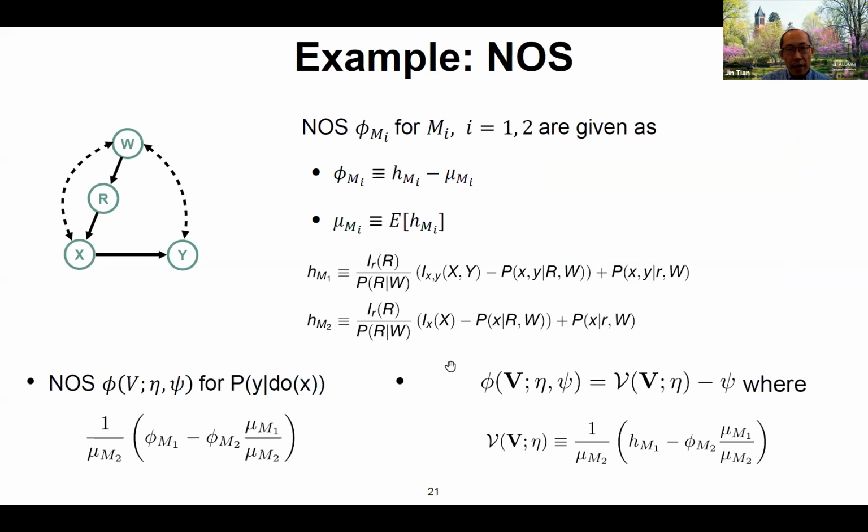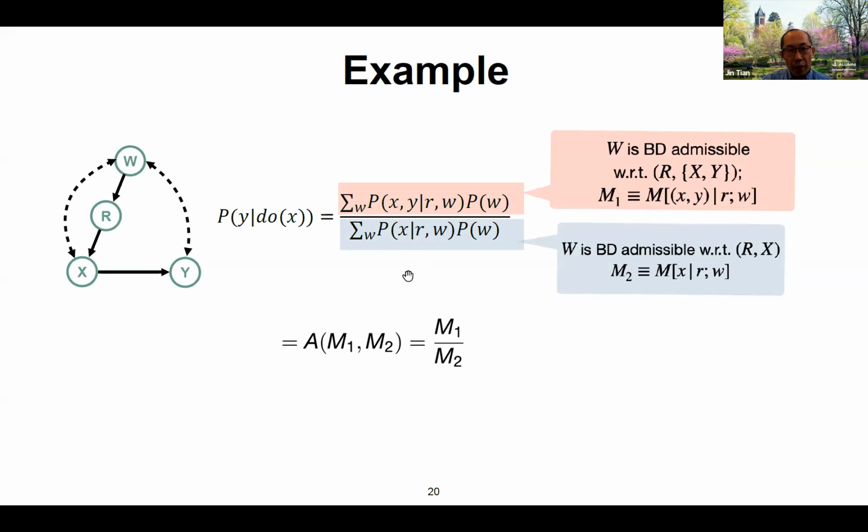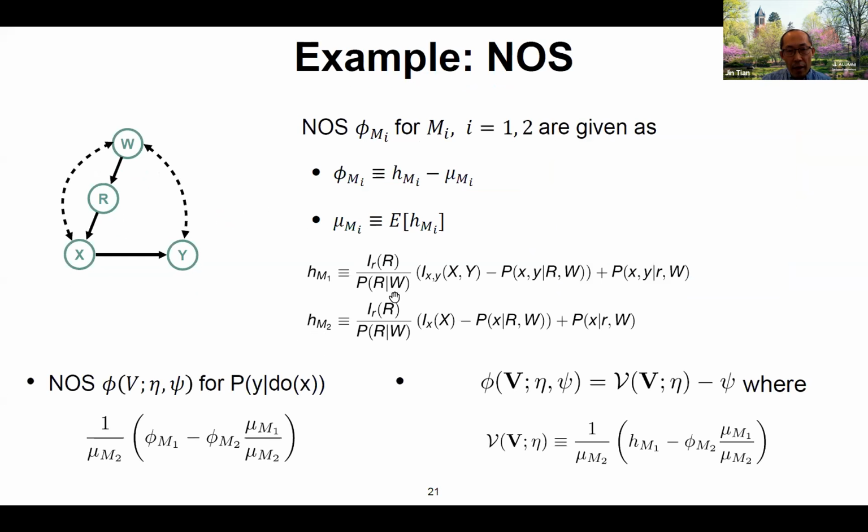So based on this expression, first we can derive the Neyman orthogonal score for each of M1 and M2, for each of these two expressions. And they are given here. In fact, they are in the familiar form of augmented IPW. And then based on the ratio form, we run our algorithm. We derive the Neyman orthogonal score for the causal effect, expressed in terms of the orthogonal scores for the Ms.